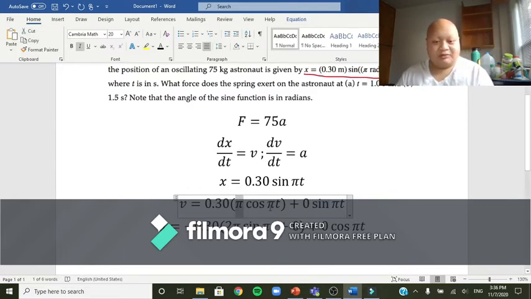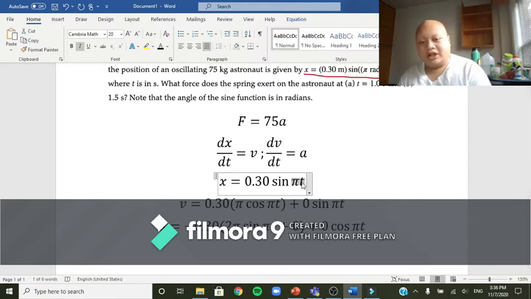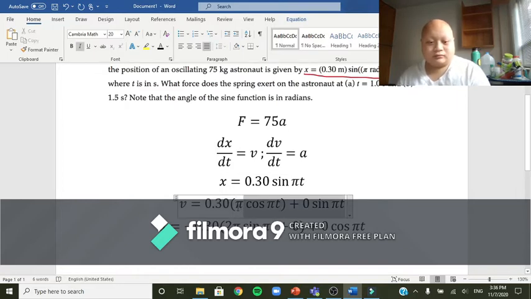Why is the pi outside? It's because of the chain rule massacre. You have to get the derivative of the inside and then multiply it by the whole function itself. So that's why the pi is here. So anyways,